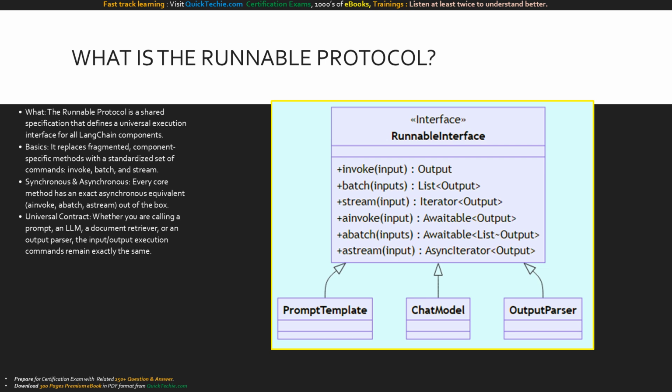Let's examine this class diagram. At the top, we have the Runnable interface, acting as the blueprint. It strictly defines the required execution methods: invoke, batch, stream, and their asynchronous counterparts. Below it, you see diverse components: prompt template, chat model, and output parser, all inheriting from this exact same interface. This visualizes how the framework guarantees that regardless of the component's internal complexity, its external I/O execution signature is completely